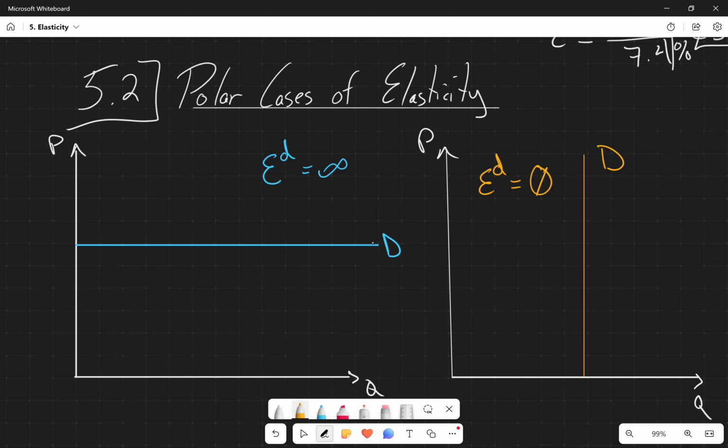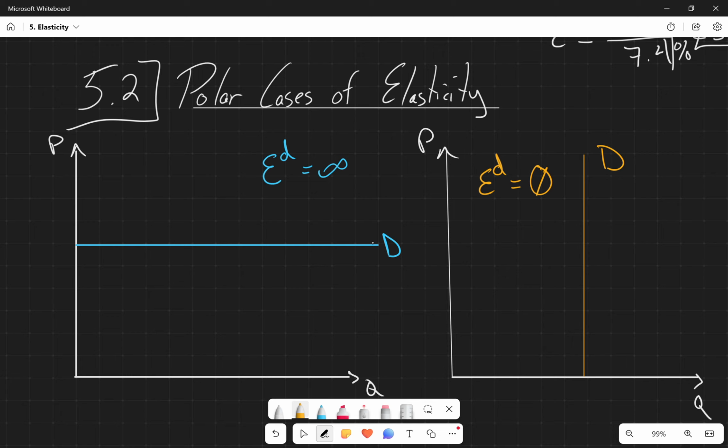So the mnemonic that we commonly use when we're talking about inelastic is insulin, right? So when you think about insulin, if you're diabetic and you need insulin, it doesn't matter if the price of insulin were to increase, you're not going to decrease your demand for insulin, right? If the price increases, you're still going to be buying that same amount of insulin regardless of what happens with the price. So an elasticity of zero is our extreme case of inelastic, the most inelastic something can be, zero